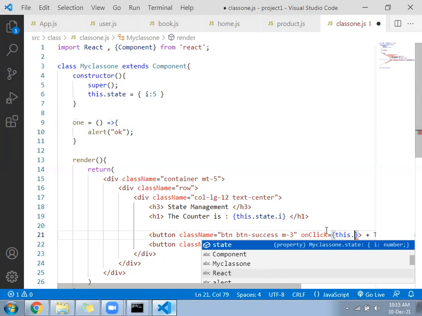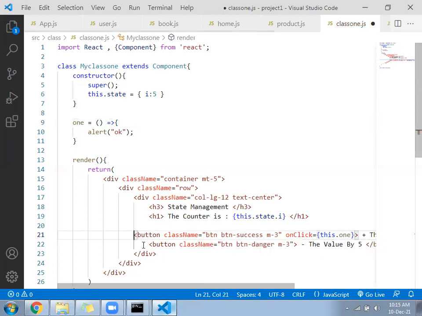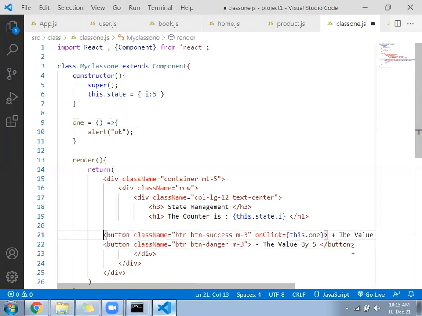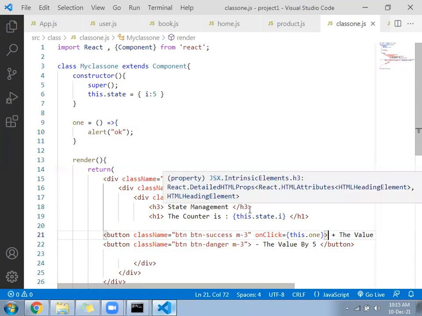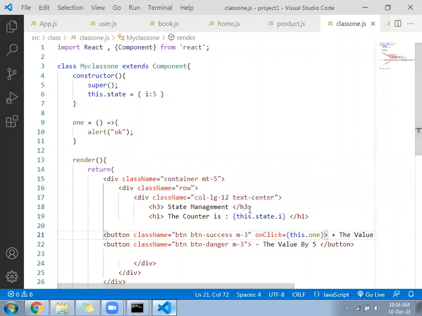You will not write the function call symbol even. onClick equal to this.one. The button is clicked and the alert is coming.